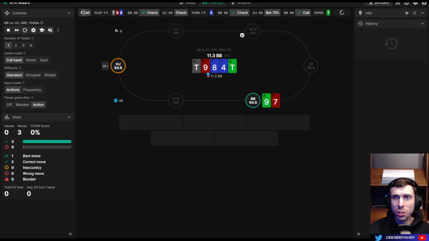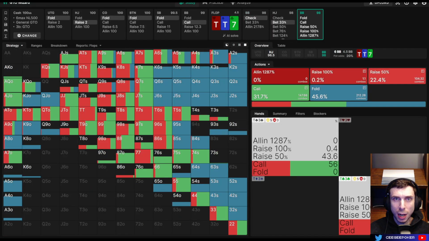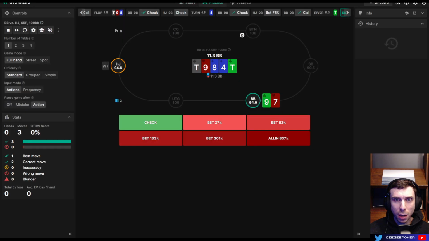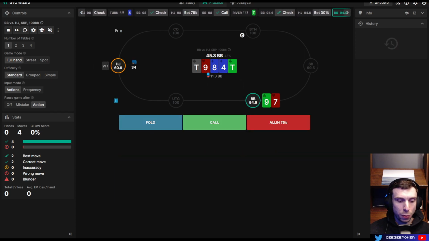So that's something also I might need to pay attention to, is not check raising medium weak hands enough on turn, right? So that could be a leak that I just identified, where I'm not taking that aggressive approach enough on the turn. River, I think we're going to just pure check, and facing a 3x overbet now, we have a weird